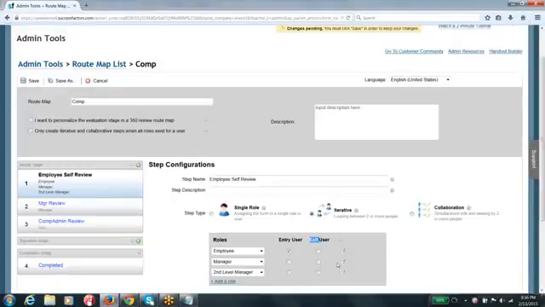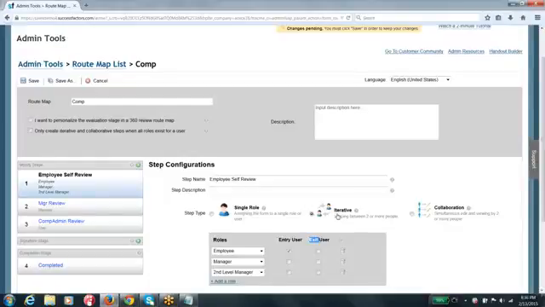So it's pretty simple, guys. Let me repeat it again. Iterative is basically allowing more than one employee to work on a form in a particular step simultaneously, but it's not actually simultaneous, but one employee at a time on that particular form, and that employee should send the form to the next person, and that is when the next person will be able to work on that particular form.